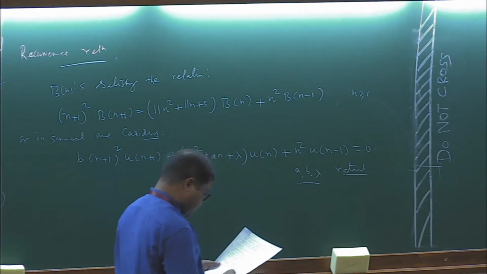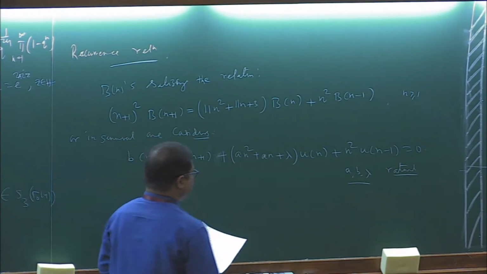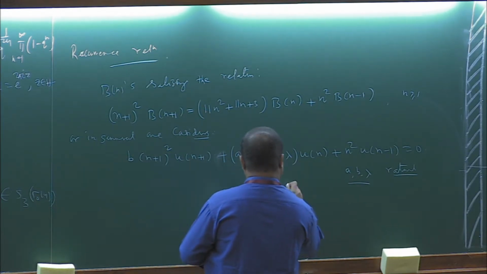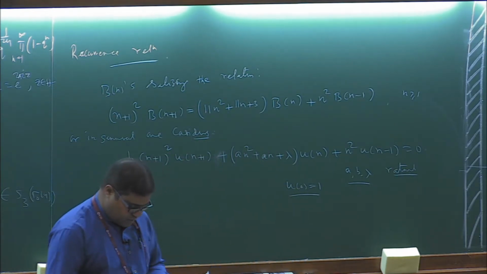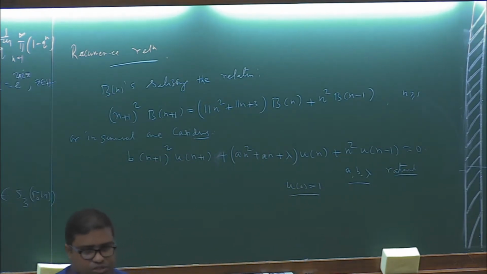So, say that we give the condition u0 equal to 1, and the un are rationals. So we are trying to generalize these numbers bn coming from the recurrence relations. So bn is a particular case of these recurrence relations. Now we ask the question: which values of a, b, and lambda give you the solution un